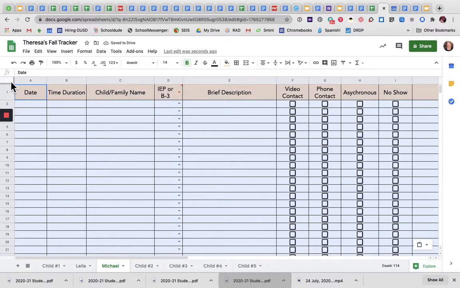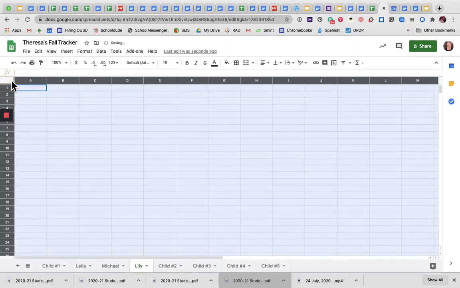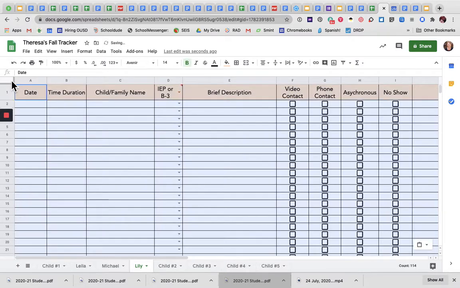So just to prove that I was right, that data is still stored in there because I haven't done anything else with my copying and pasting, I'm going to add one more tab, sheet 9. That's going to be Lily. And on Lily's page, I'm just going to press Command V. I'm just pasting because I happen to know that data is there. There it is, right? So you can make your tabs right here really easily and add different data